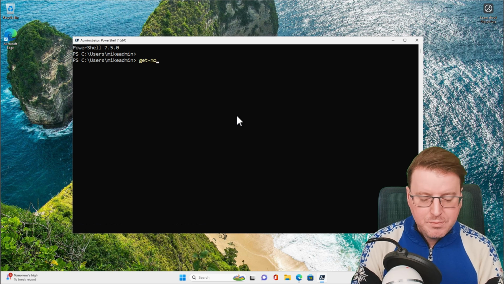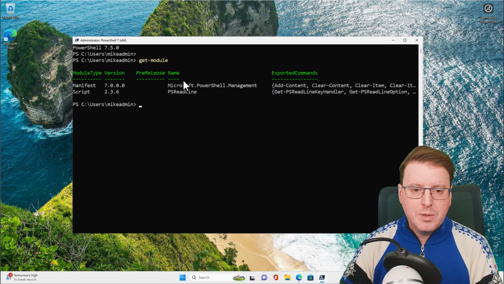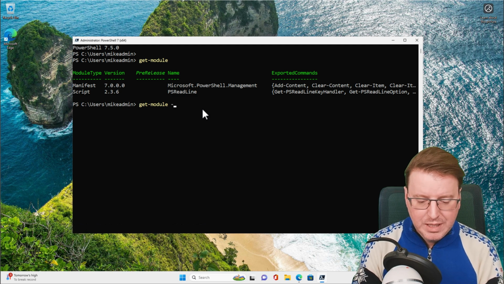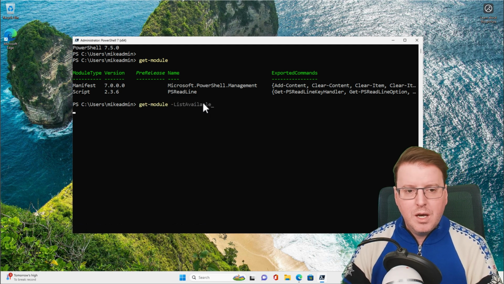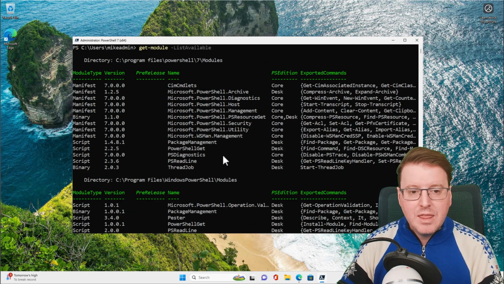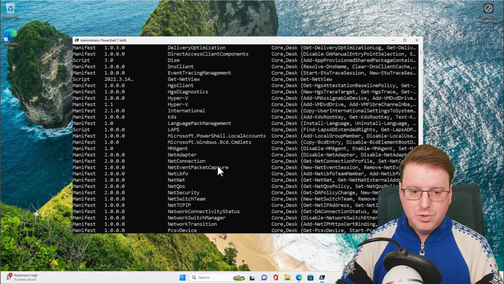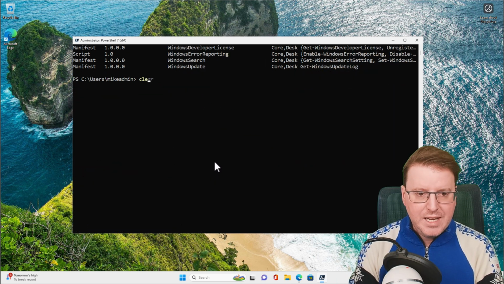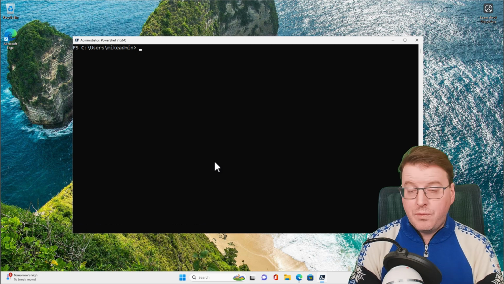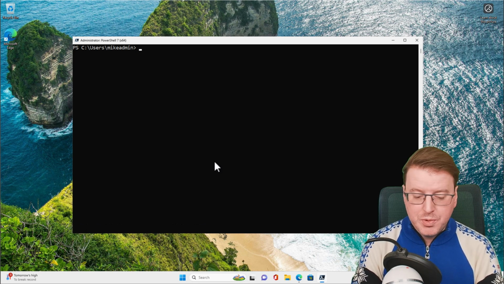If we do get-module, you'll see the installed modules on this PowerShell 7 at the moment. If we do get-module list available, we will be able to see all the modules that are available to me on this machine. There are no Azure modules installed by default, so I need to install the Azure PowerShell modules as well, just to make sure that things will actually work correctly. So if I want to install the Azure PowerShell modules, I need to install